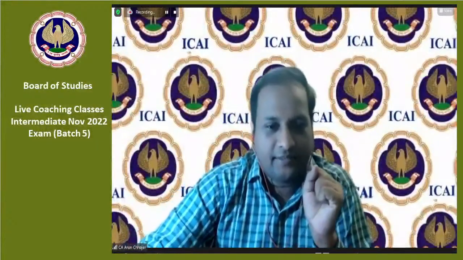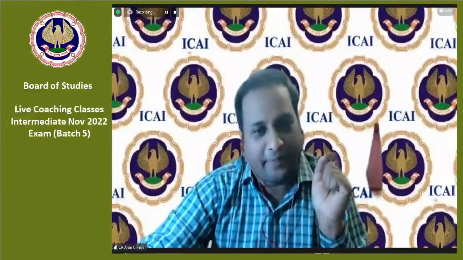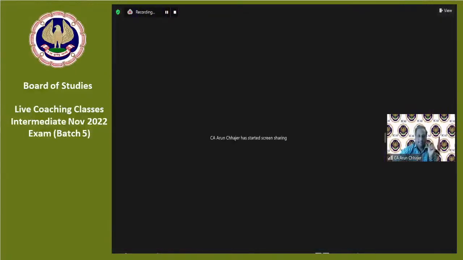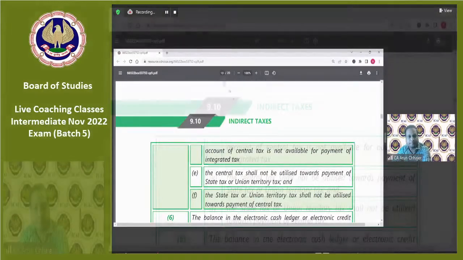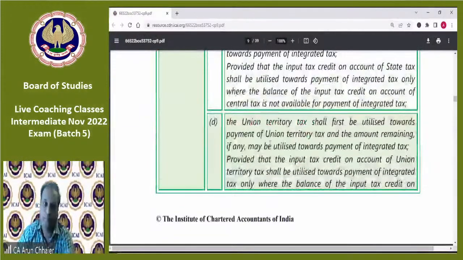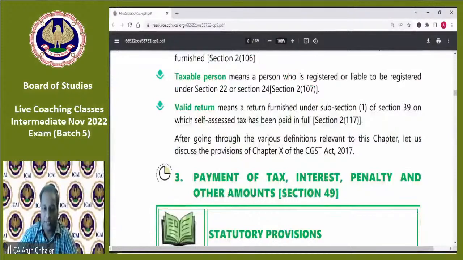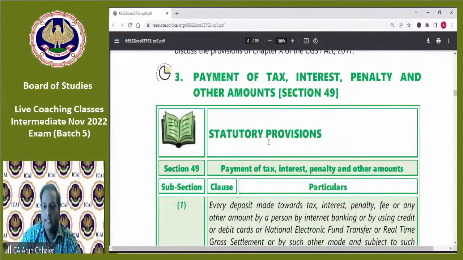Today's topic is very interesting and very practical. That is payment of tax. And it's a comparatively simple chapter as well. Mainly in this particular chapter, we are going to discuss in detail section 49, section 50, and a few other provisions